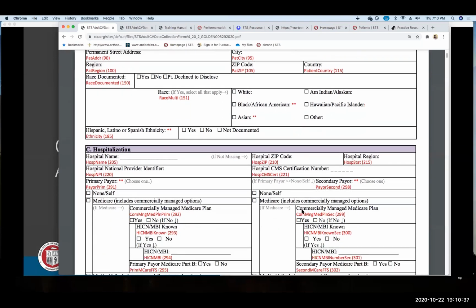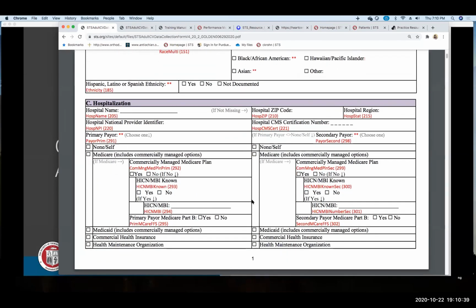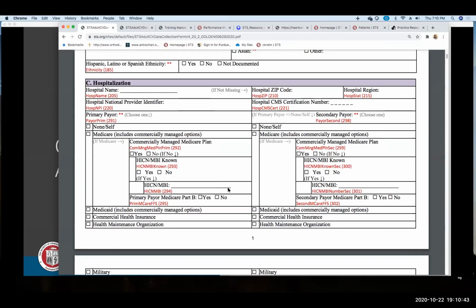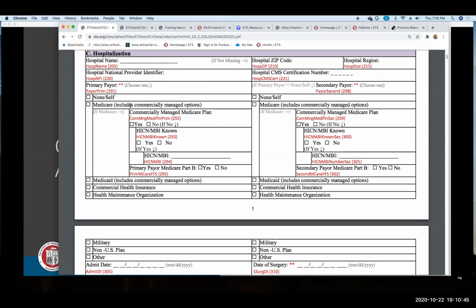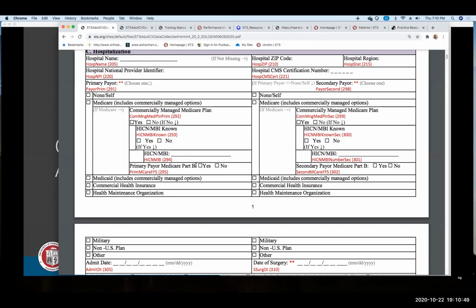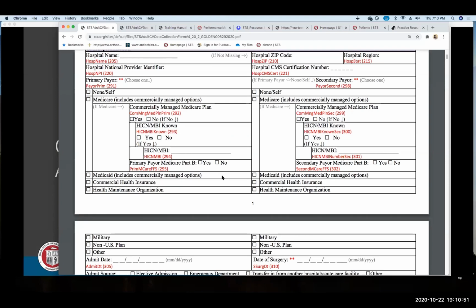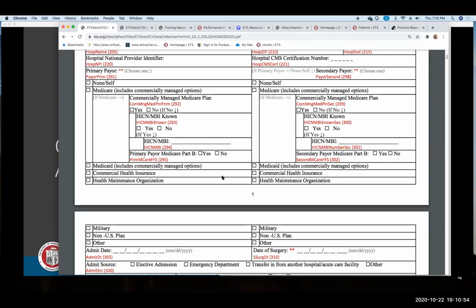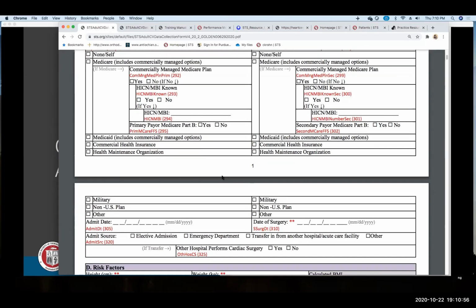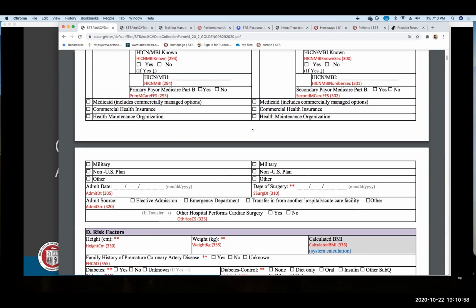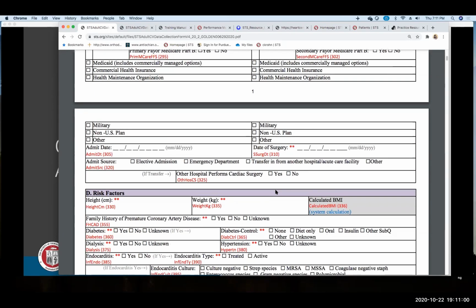We get into the hospitalization. We ask basic hospitalization information, and then we get into the insurance section, where we really are looking at Medicare, and if we have dual eligible patients, we see a higher increased risk with those patients compared to other insurance carriers. And our major section that we focus on,